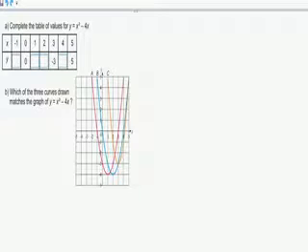Okay, so graphing curves. Sounds horrible, but it's exactly the same process as graphing straight lines. So we've got y equals x squared minus 4x. If you were asked to draw a quadratic, which is what this is because we've got x squared,